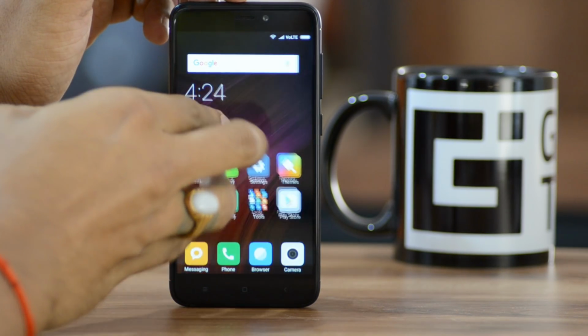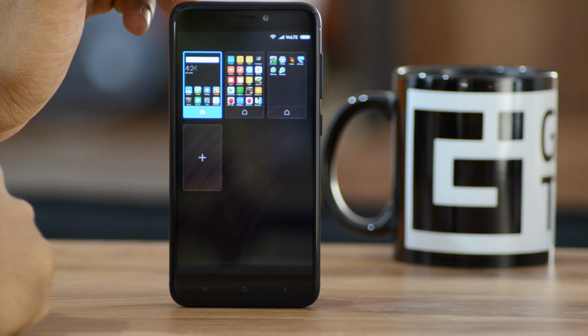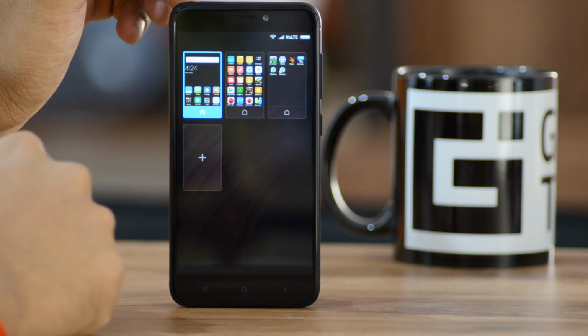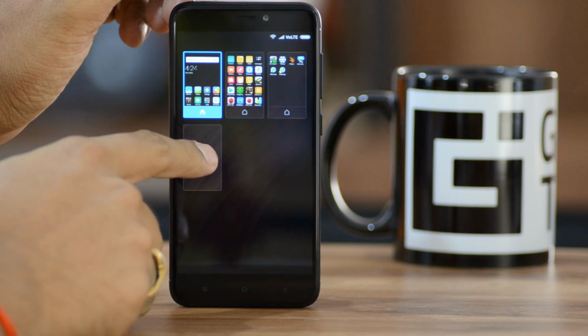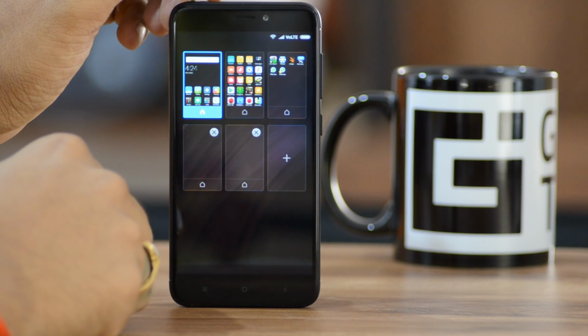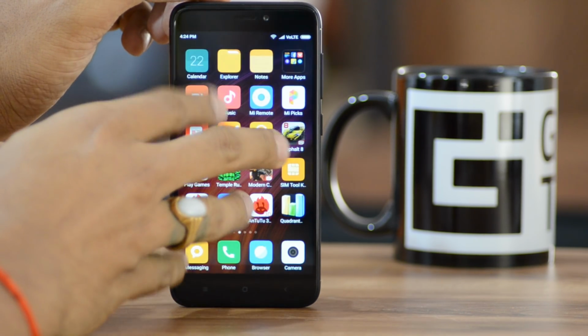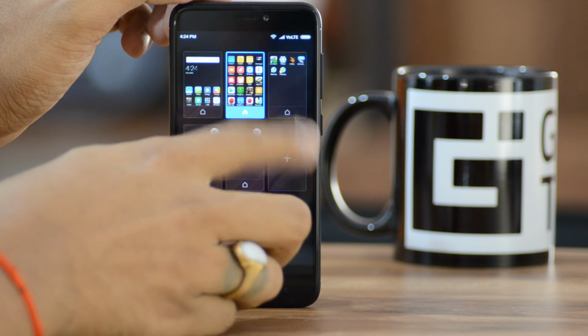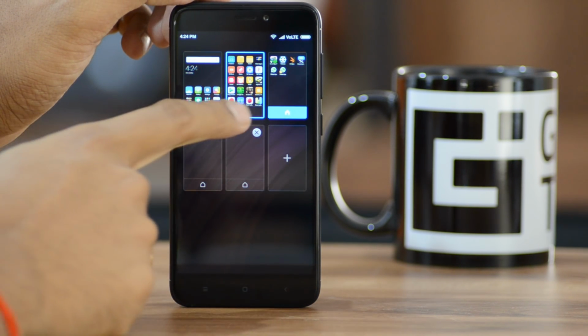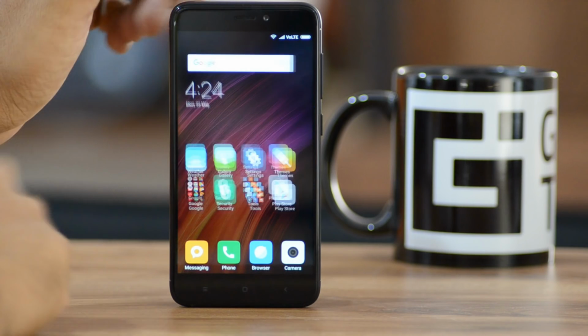Next one is about adding home screens or setting a default home screen. When you have a multiple home screen setup and there is no app drawer, you would want to have these apps arranged well and have a well-loaded home screen as a default one. To do that, pinch on the screen with 3 fingers and then you'll find the home screens all in one place. Now select which one you want as the default one and even add new home screens